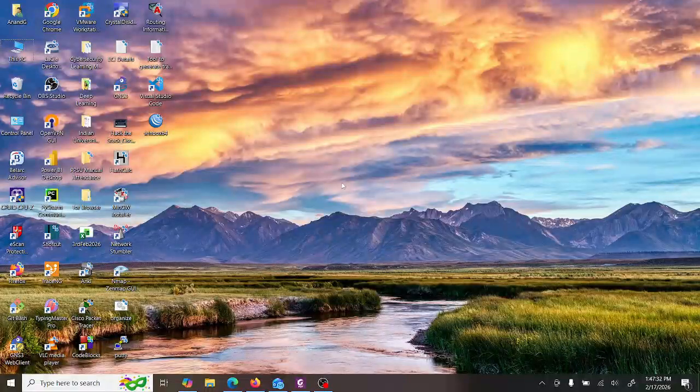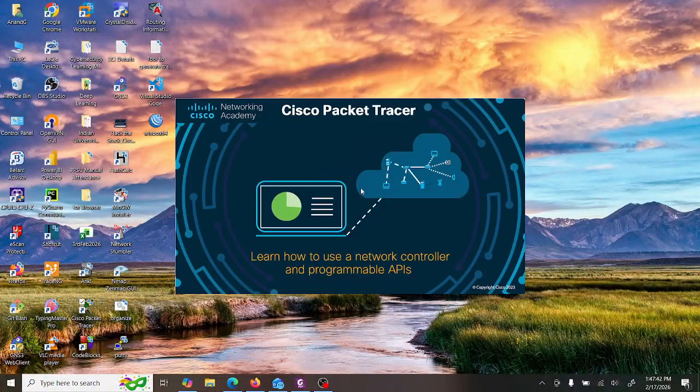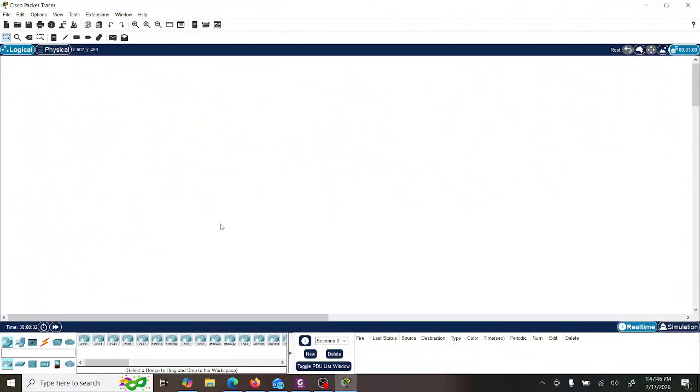in Cisco Packet Tracer. So I have Cisco Packet Tracer. I will double click on the Cisco Packet Tracer shortcut icon. It will launch the Cisco Packet Tracer application. As we know, this is a simulation tool. I'm going to use three routers of 2621XM series. As you can see,